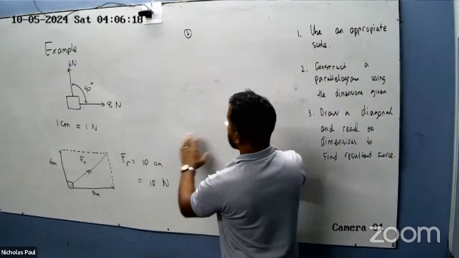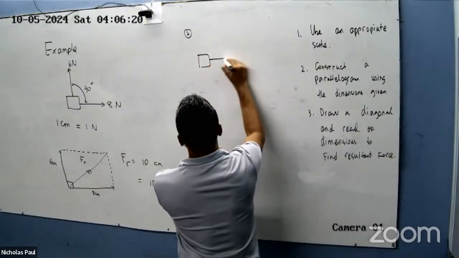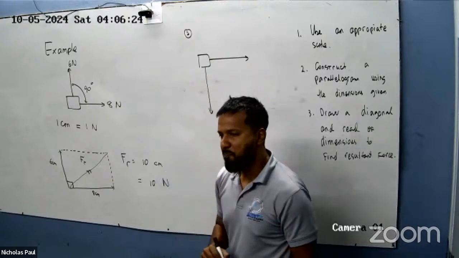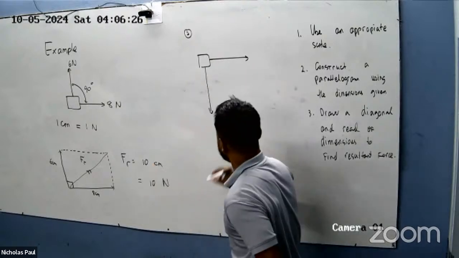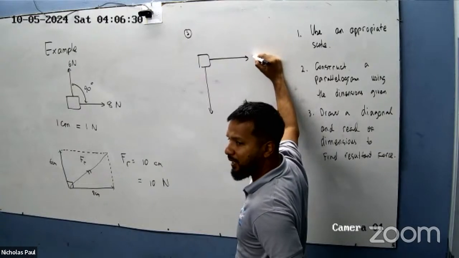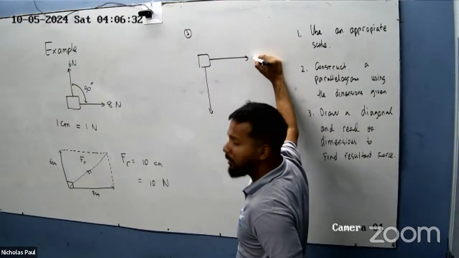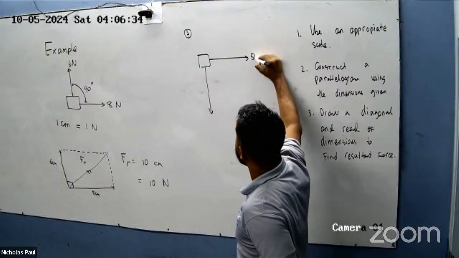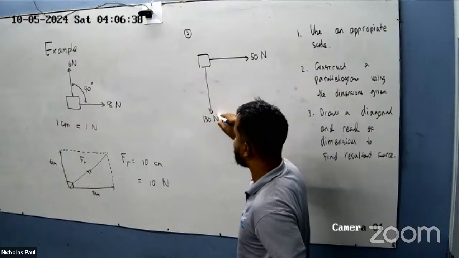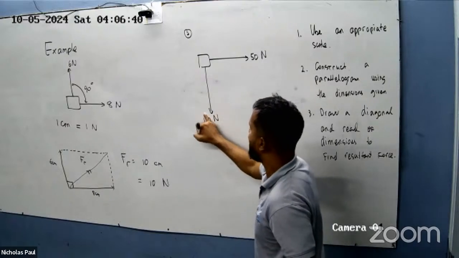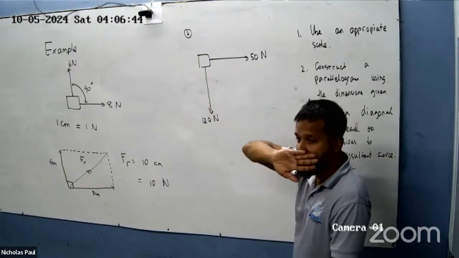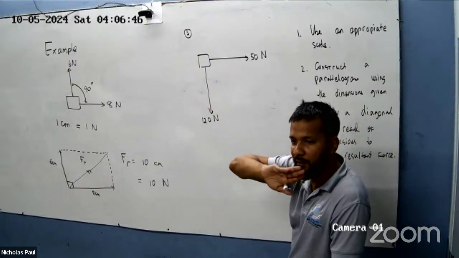I'll still keep it at 90, right, but I put in 1 here and I put in 1 here. So anyway, tell me what's a good scale that we can use here, right? What's a good scale we could use? Here is 50 newtons, and here is 120 newtons. Before you tell me,